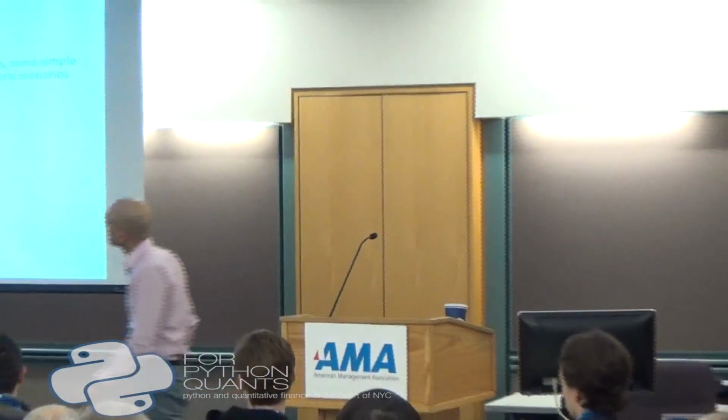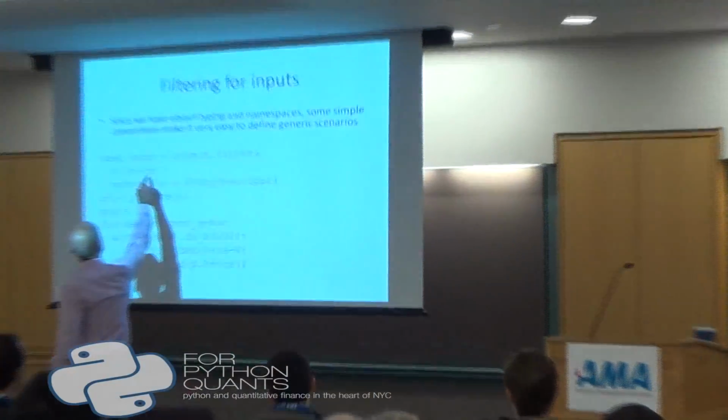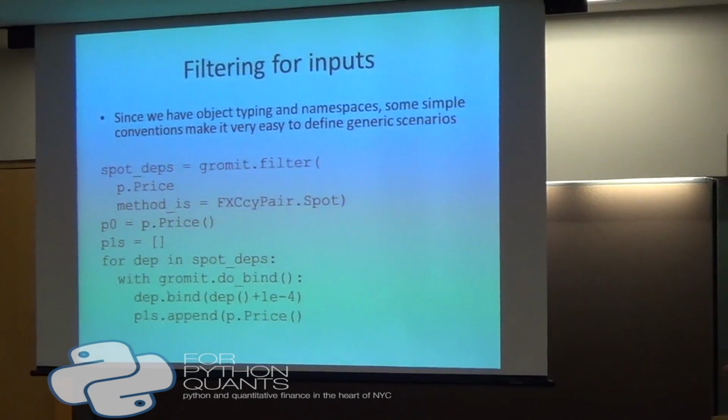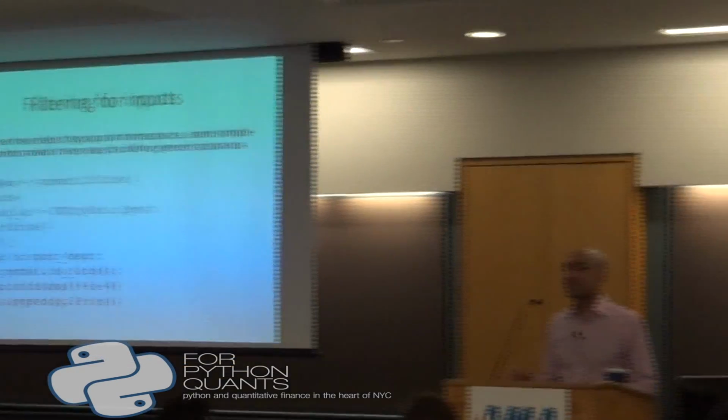In your call to the grommet filter method, I noticed that it didn't pass in a portfolio. So does the grommet object itself have the portfolio in it, or where does the ambient portfolio come from? So actually, maybe I had a typo there, but the first argument to that was p.price, which is a method reference. So the idea is that's a delayed call. Sorry, there should be a comma here. Yes, p is a portfolio. Okay, I see. Right, I didn't see the definition. Yes, thank you.